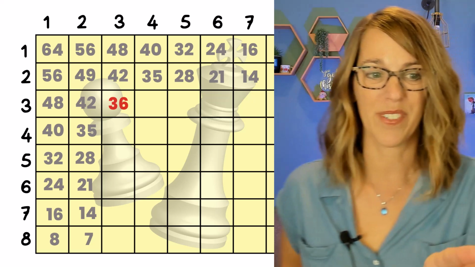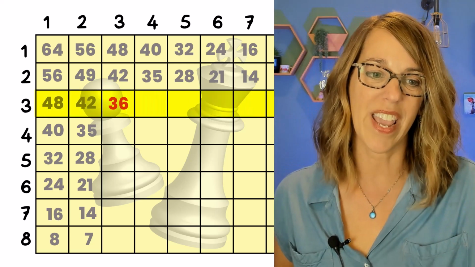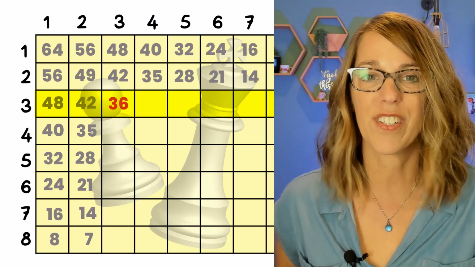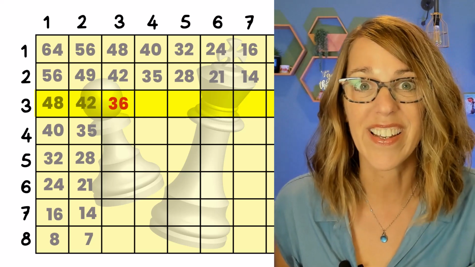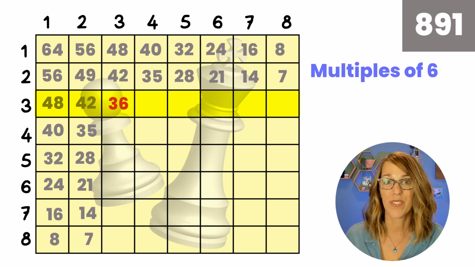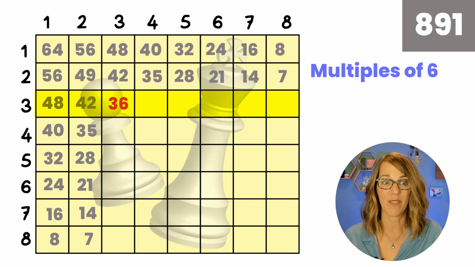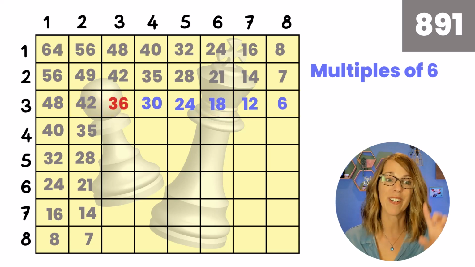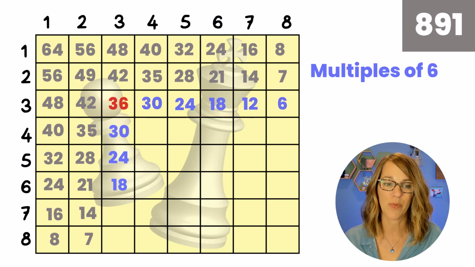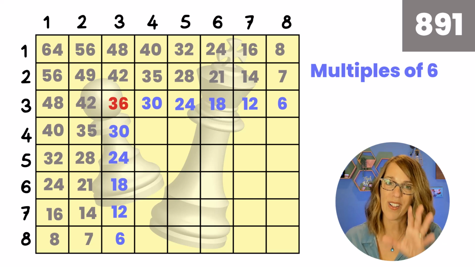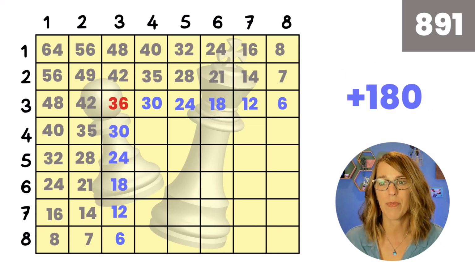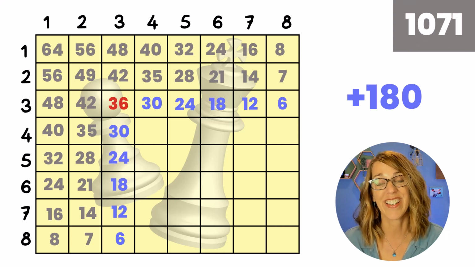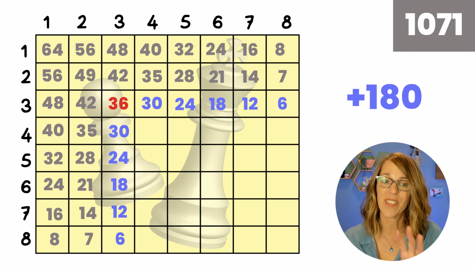I've got enough numbers. In that third row, I've got 48 and then 42, that's a difference of 6. 42 to 36, that's another difference of 6. These are multiples of 6. So let's just count down, giving me the rest of those multiples of 6. And I'm going to do that in the third column as well. If I add up all of those blue numbers, that gives me another 180, and we're at 1,071 rectangles with